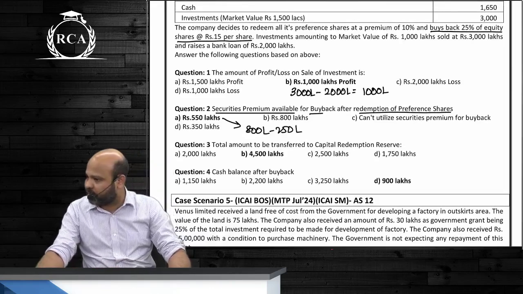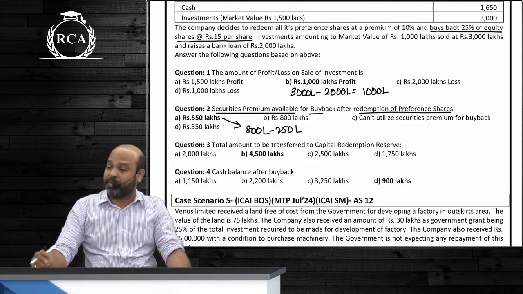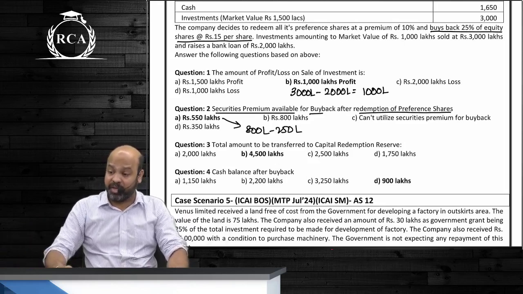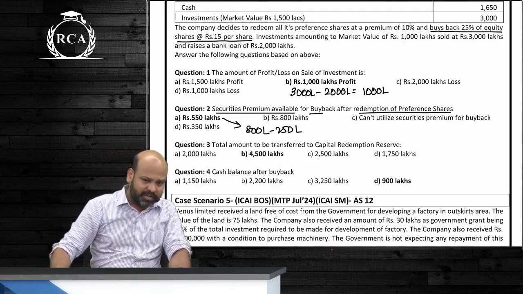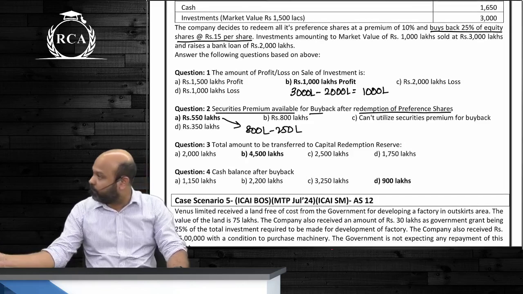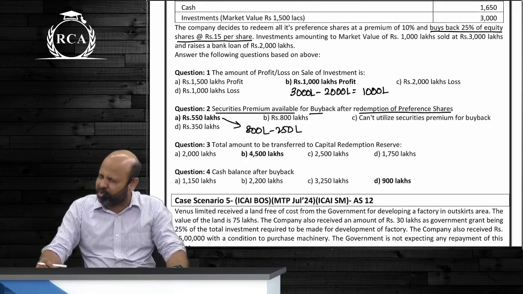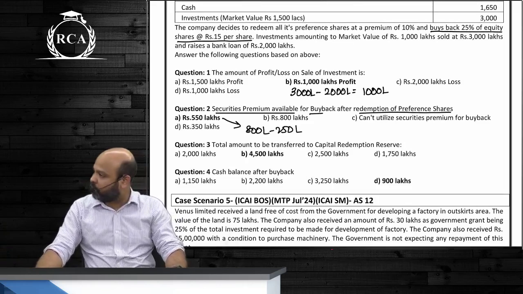Normally, we are not expected to do that, but every single question I told you that premium on redemption of preference shares is directly adjusted against free reserves. They will not give this in the exam. Even if they give, they will give a disclaimer, telling where to adjust. So here, this answer is only based on the assumption that premium on redemption has been adjusted against securities premium.